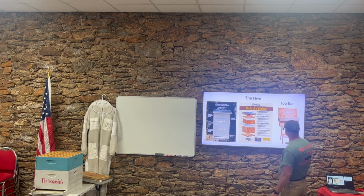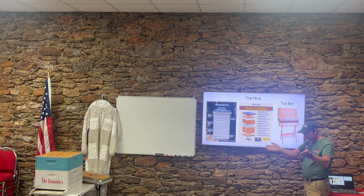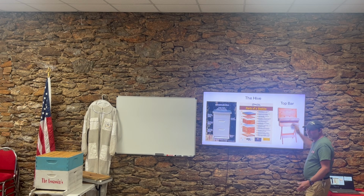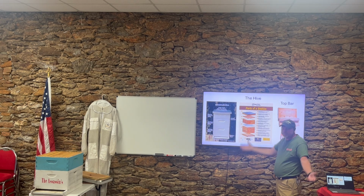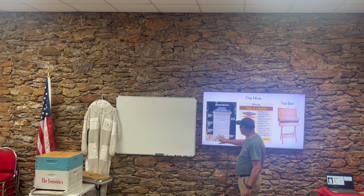And another one's called a top bar. It's fairly new, but it's kind of triangle shaped, and the frames are triangle shaped that go in there, and you just stack them in. That's it, right there. It's kind of neat. I've never experimented with one. I've got these, what I use. I'm not into this to be big. I'm just a hobbyist. So starting from the bottom, of course,